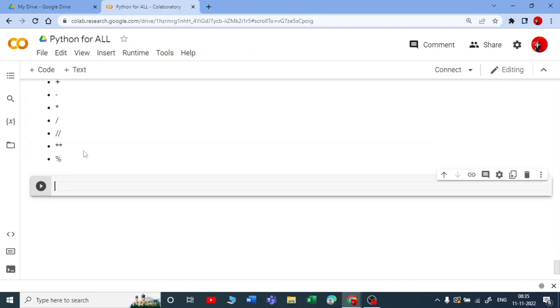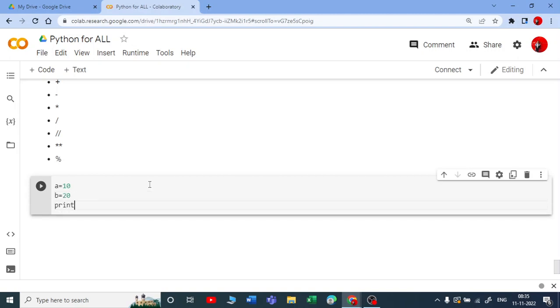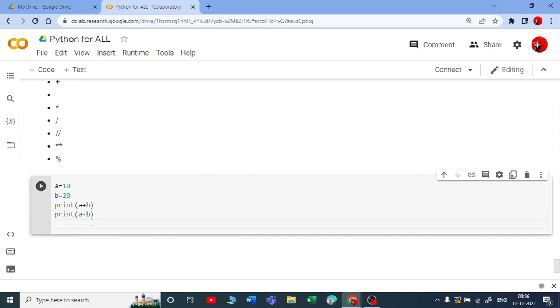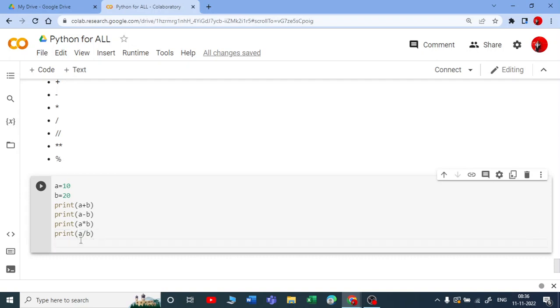Very simple. Let me take two variables, a equal to 10, b equal to 20, and start printing a plus b. A is 10, b is 20, a plus b should return 30 here. If I say print a minus b, a is 10, b is 20, so you get minus 10 here. If I say print a into b, that is 10 into 20, you will get 200 here. If I say print a divided by b, and print a floor division by b,